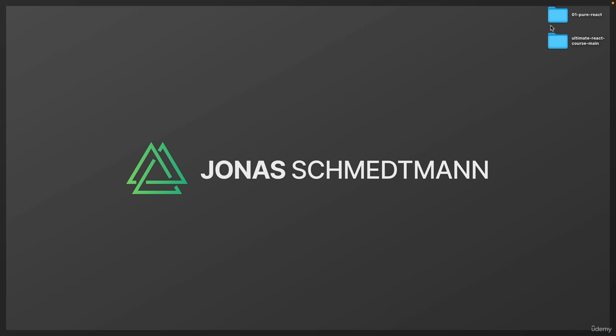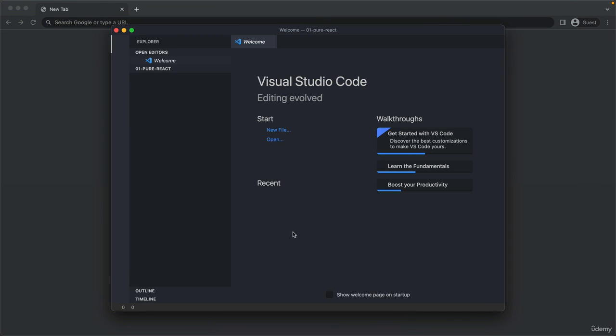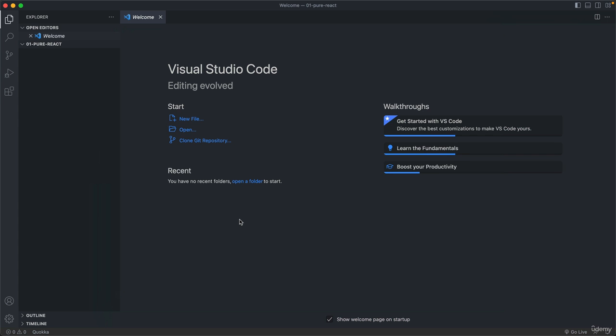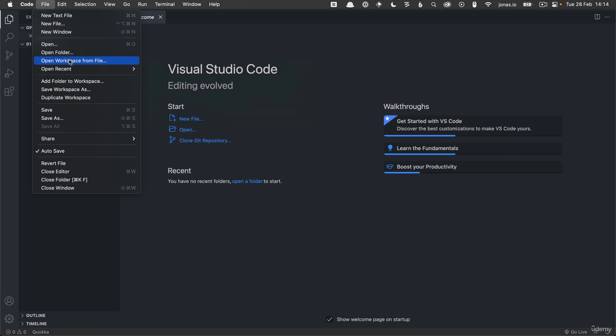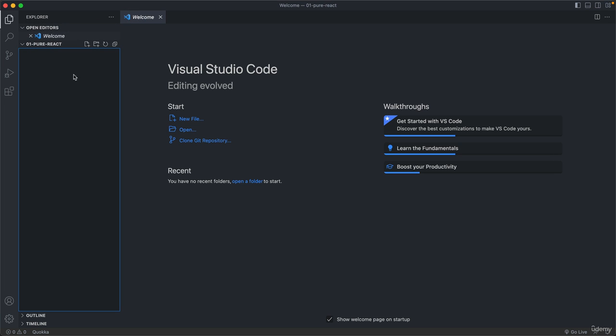All right. And now all we have to do is to open up this folder as a project folder in VS Code. And one way of doing that is to drag and drop this folder onto the VS Code icon down here. Or of course, you can open up the project folder here from this menu or simply here. So here, open folder. So right now we have an empty folder. So let's create